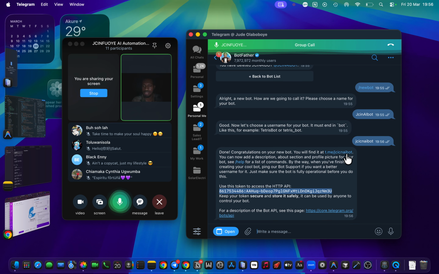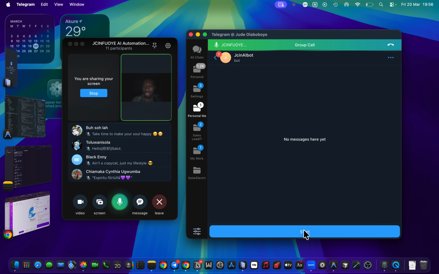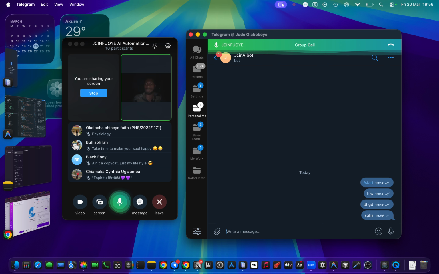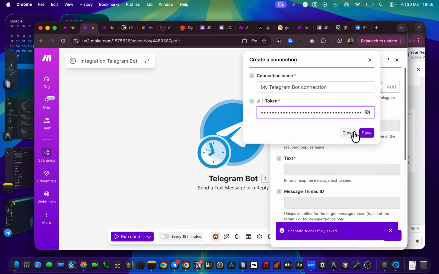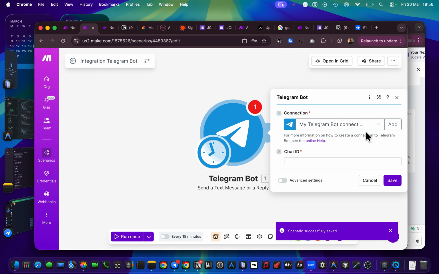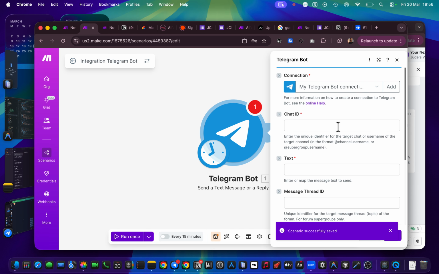Before that, let me see if this bot is live. I click on this and I'm able to chat with the bot. But this bot is not powered by anything. It's not powered by AI. If I send anything, it's not going to respond to me. So how do we give it an AI functionality for it to return messages back to us as well? That's what we're trying to build here. We're trying to add an AI functionality into an automation to make it AI automation, right? So I've added it.